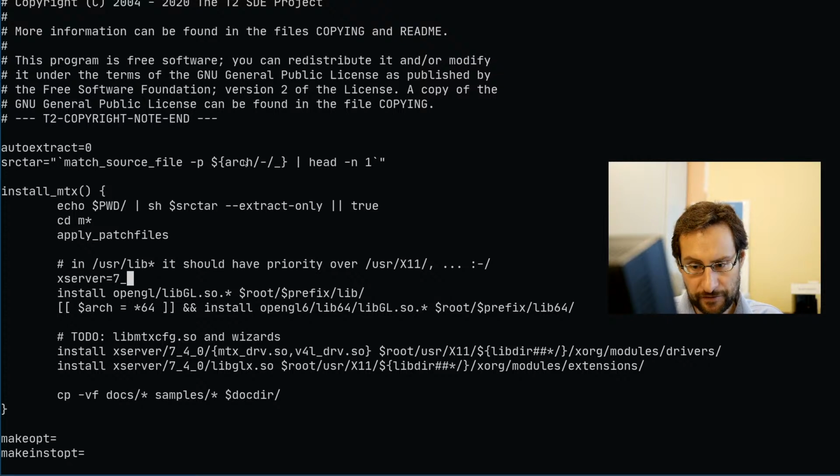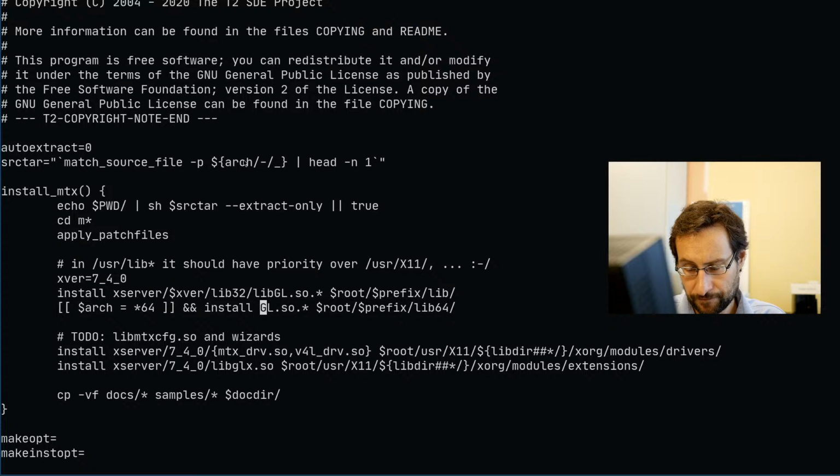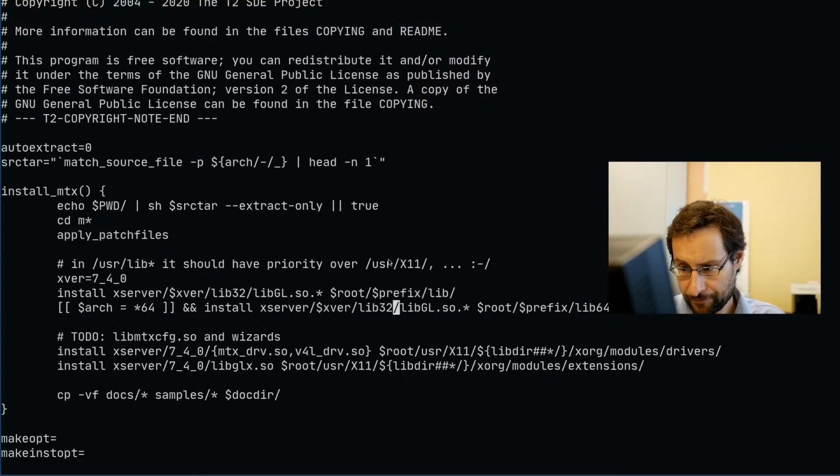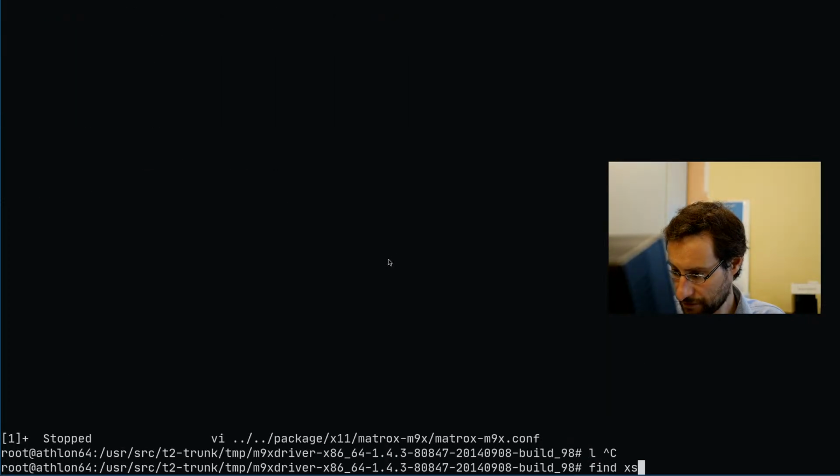x server equals 740, and then x version, x server, x version, lib32, and the same for lib64, and then x server, x version. So it doesn't have a video for Linux driver, but so this would be MTX. I think this was the only thing that was here, right? X server